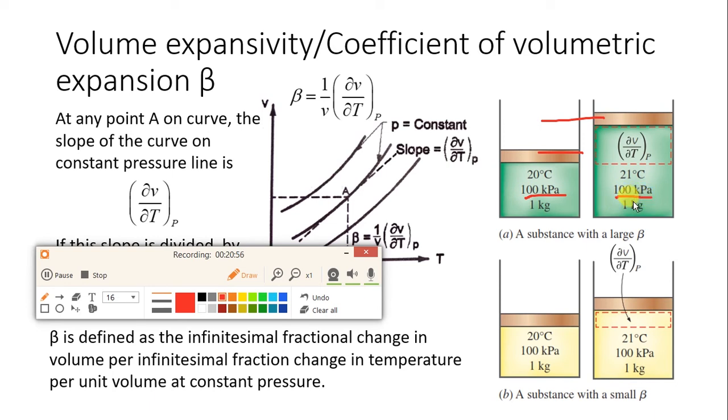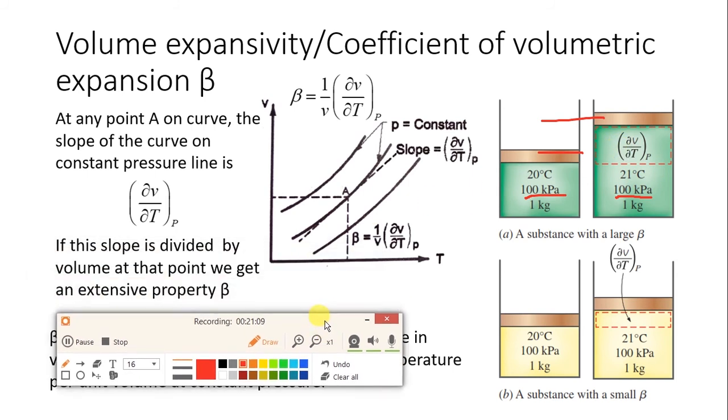So this is constant pressure expansion. Here the temperature has increased, so temperature is 21 degrees Celsius. Now in this case, if beta value is more, this is the part where dou V by dou T at constant pressure has been indicated. Now the same example has been shown in figure B. Same 100 kilopascal is there, 1 kg gas is there, 20 degrees Celsius. Again at constant pressure, this piston moves in upward direction, that is, the gas expands.